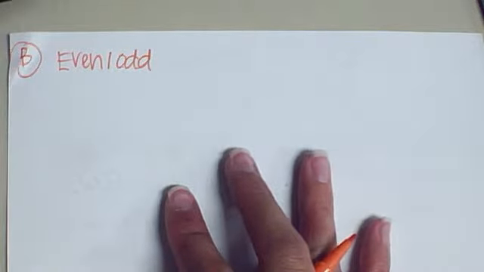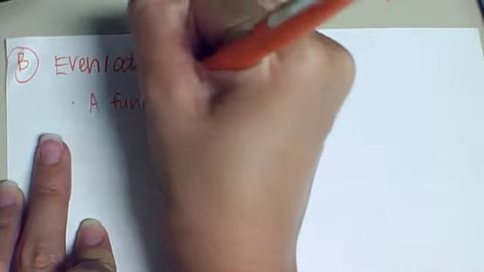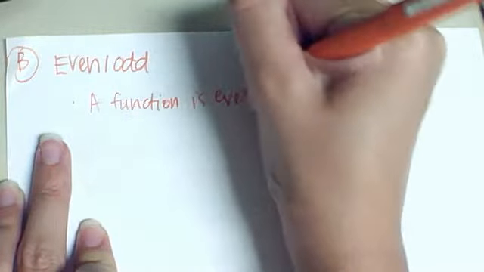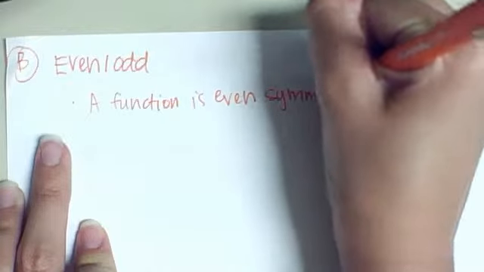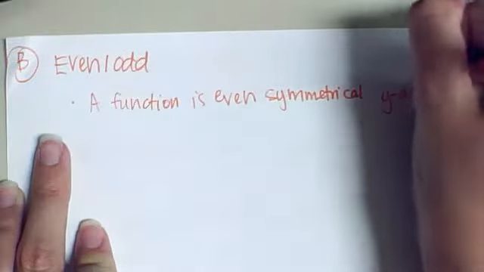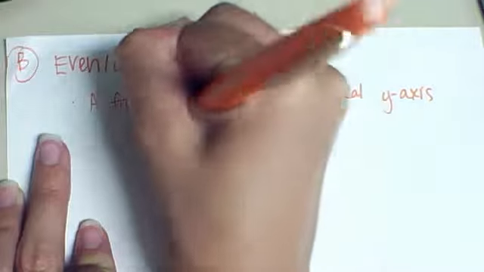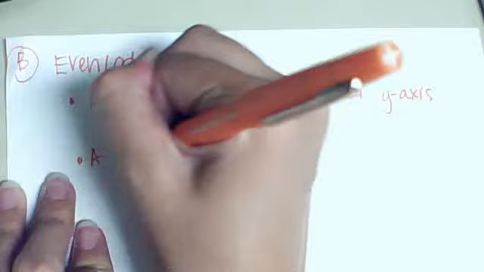Part B for today is talking about symmetry again. Remember we learned last week or 2 weeks ago how to do a test for symmetry. And today we're just going into a little bit more detail of what type of symmetry a function might have. Is it even or odd? A function is even if it's symmetrical to the y-axis. That means when you plugged in the negative x, it equaled the original. So that's even. A function is odd